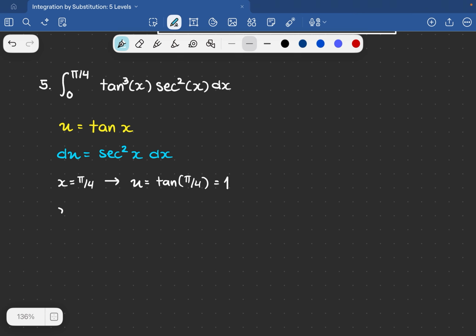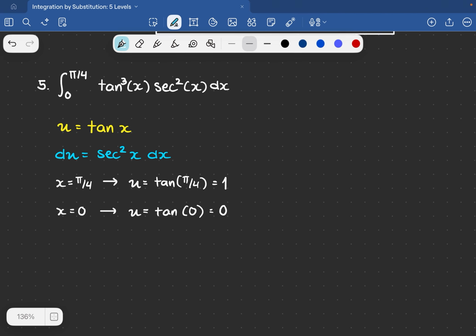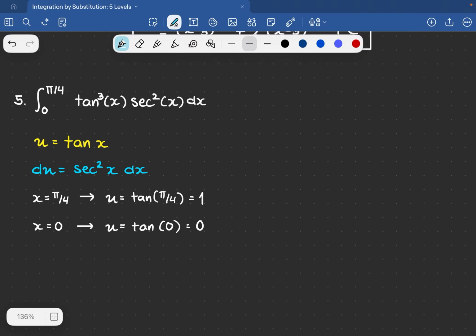Other than that, we have here x equal to 0. On the other hand, we will have here u equal to tangent of 0. And then here again, just recall that tangent of 0 would be equal to 0. Basically sine 0 over cosine 0. Yep. And then once all of that was already set up,